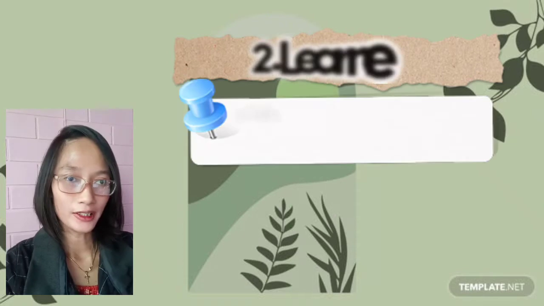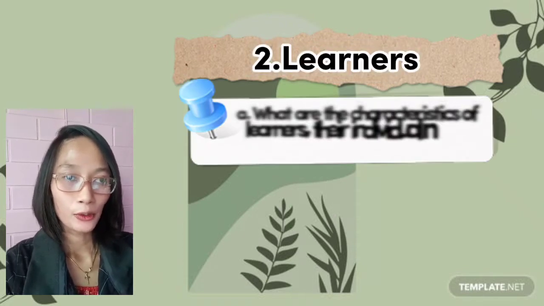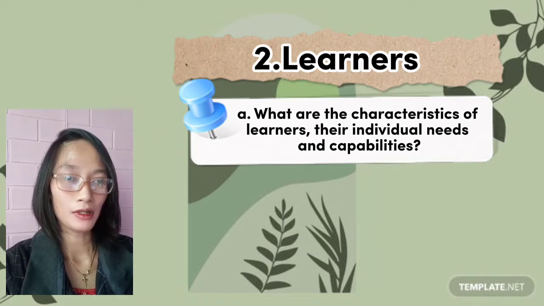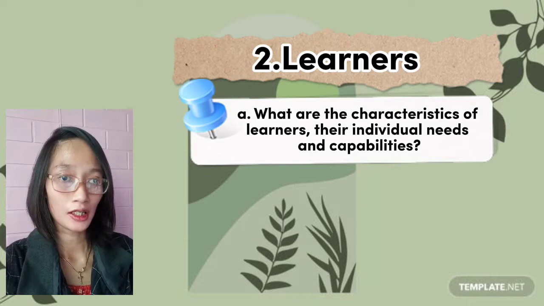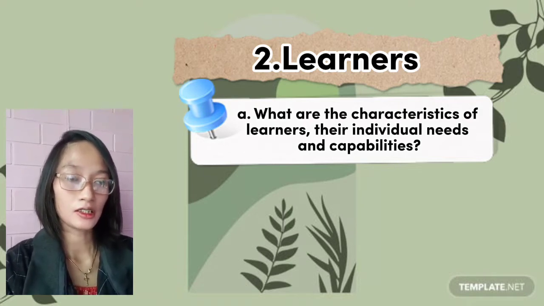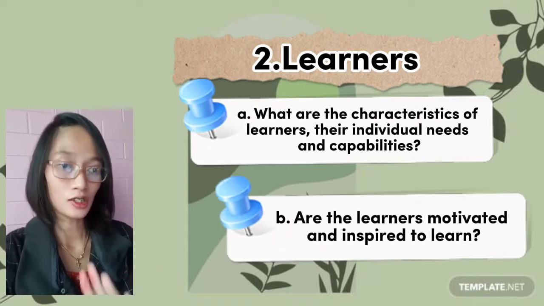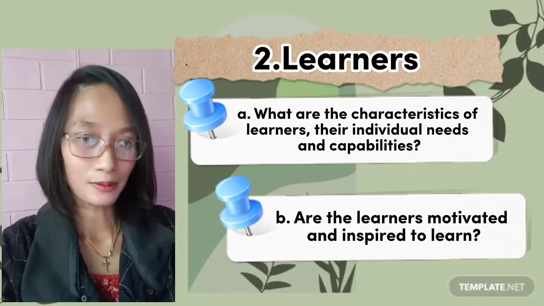Number 2, learners. First, what are the characteristics of learners? Their individual needs and capability. So, with learners, we need to know each student's characteristics, what their needs are as students, and what the student is capable of. Letter B,